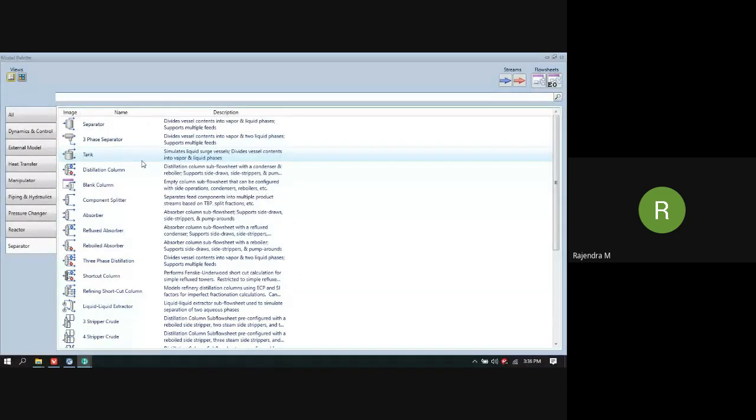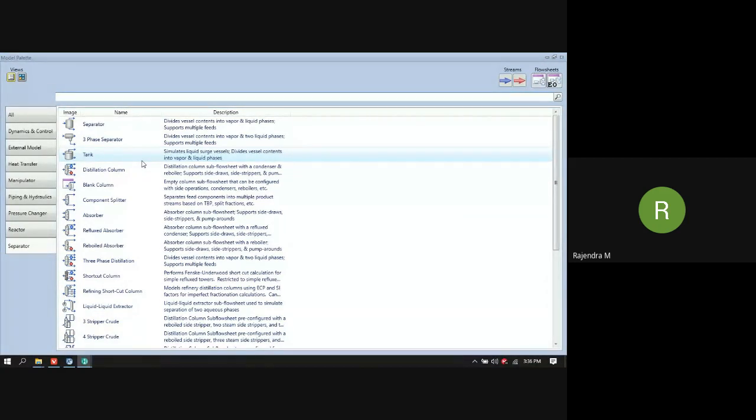So first is the separator. Separator is used for the separation of vapor and liquid phases. It can support multiple phases also.